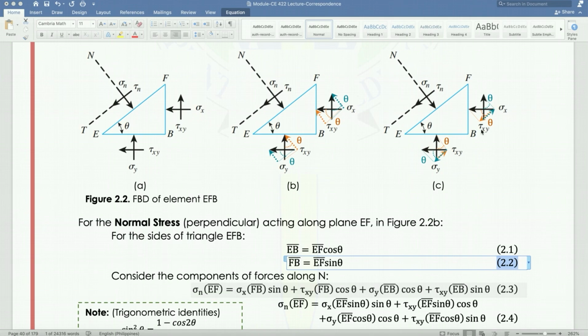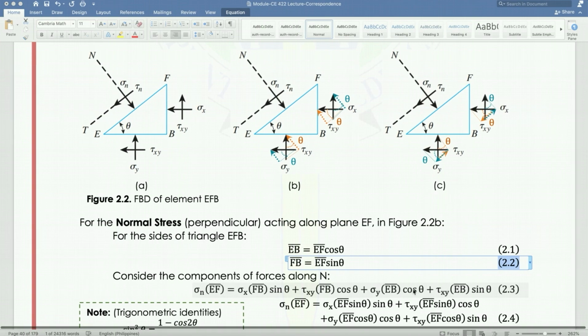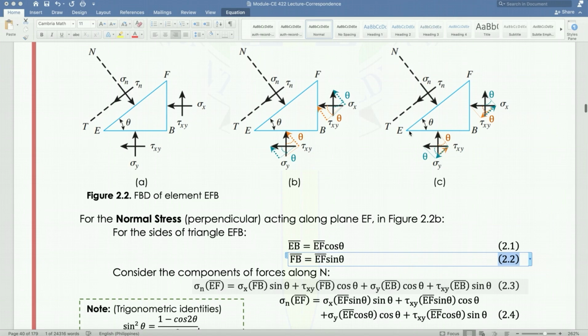So tau cosine theta times FB. Okay, now we are going on this side naman na. So sigma y times cosine theta times cosine theta is equivalent to sigma over sigma y. Okay, so magko-cross multiply yon, we will be having sigma y times cosine theta times EB, because we